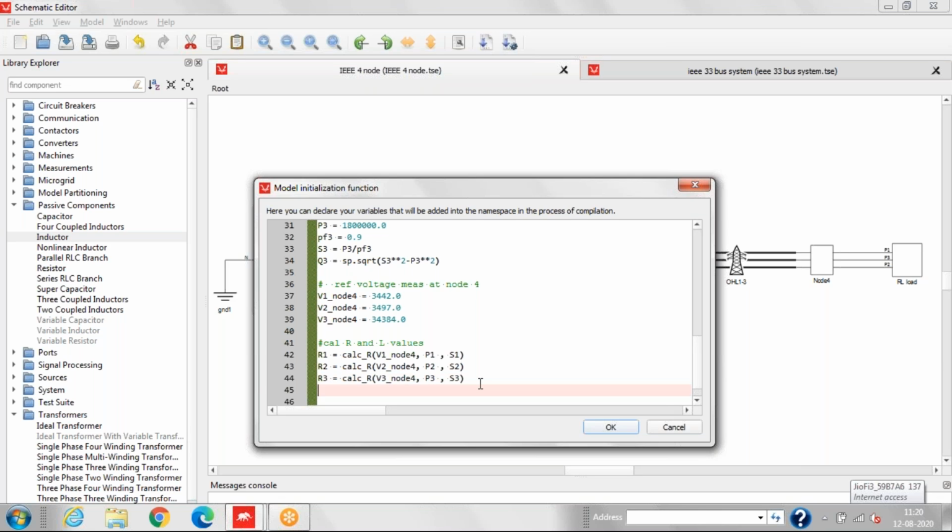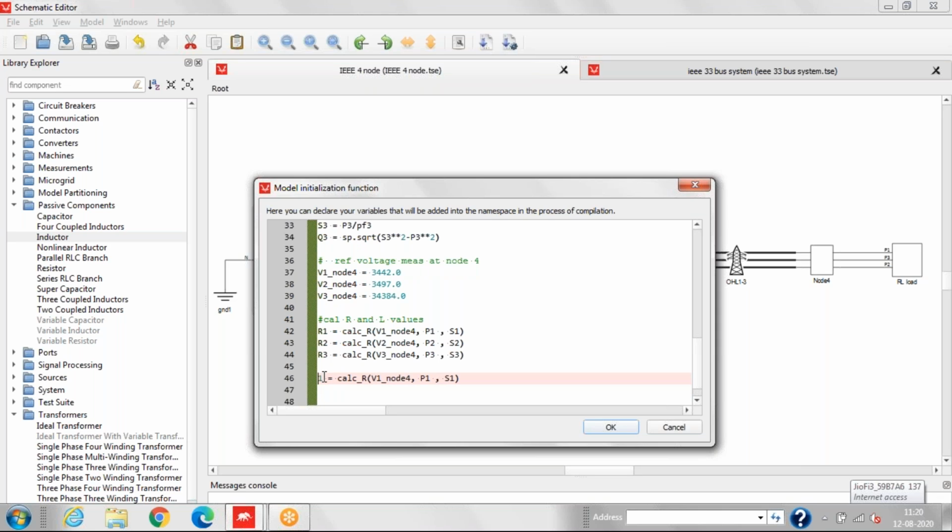Now we'll do it for L1, L2 and L3. So we'll paste here, we'll change the name to L, and this is for calculating L, and this is Q1.